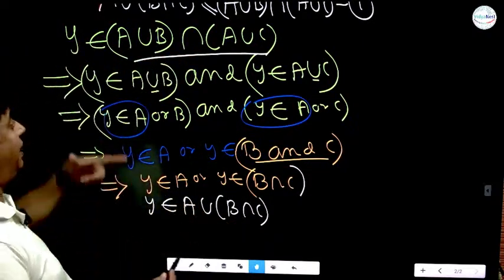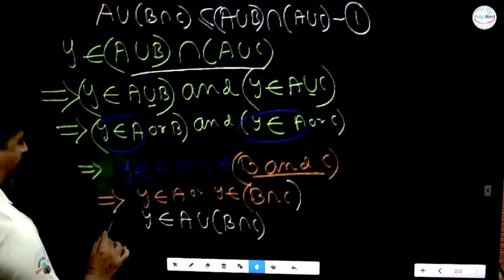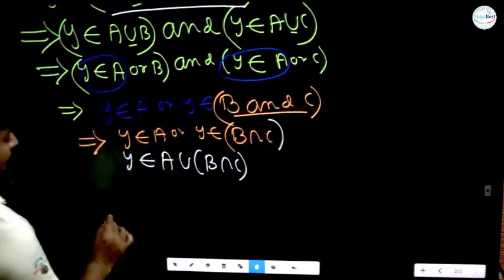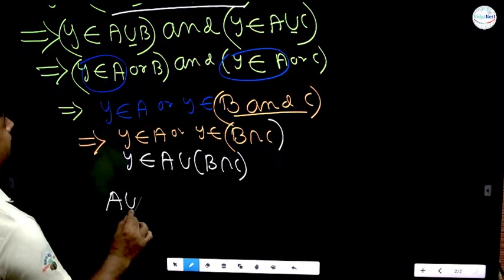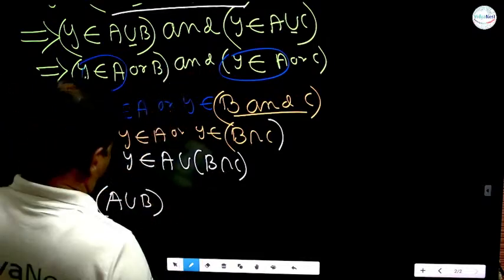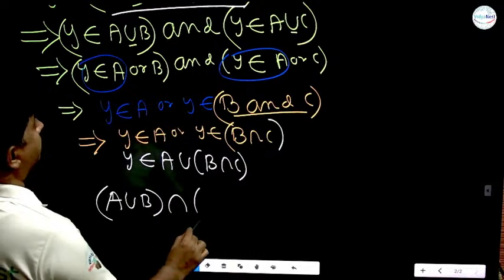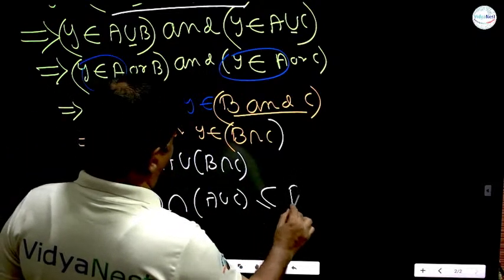Does it mean that these two are equal? No. But at least it can mean that A union B intersection A union C is a subset of